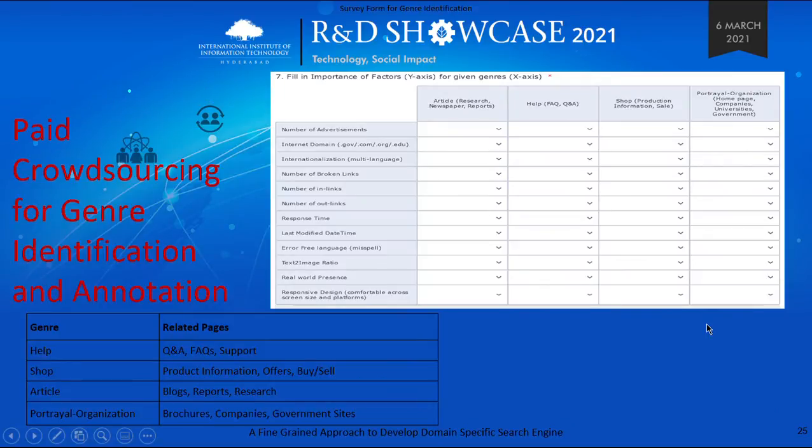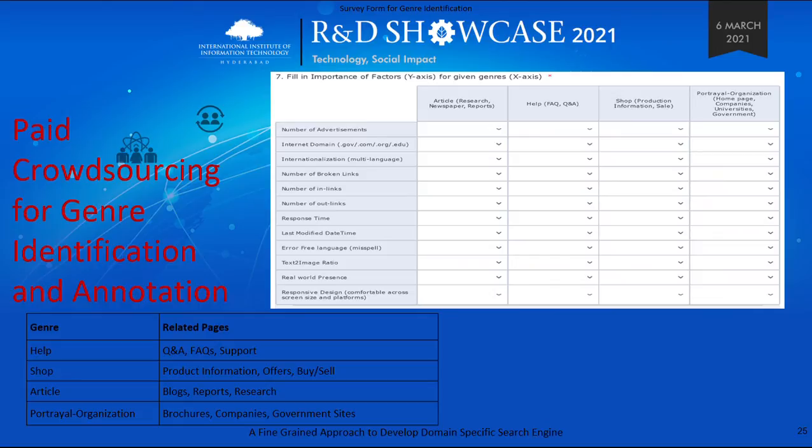For that, what we did is first we want to see whether there is an aspect of genre, right? What we mean to say genre is a similar content which is written in an article or a shopping website or a personal web page or a professional website or an organizational website all means different, right? And that could have a view in terms of the credibility of the content.